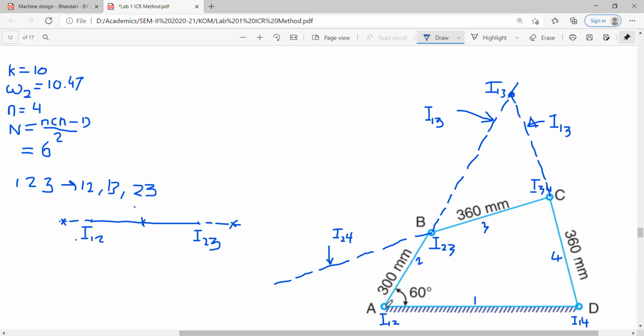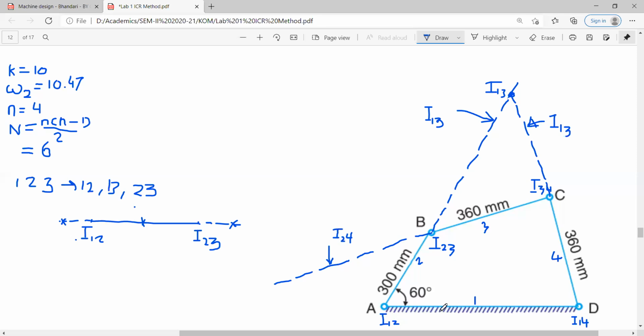Now think of the other line. Which line is remaining here? AD, लाइन AD, इस पे कौन कौन से ICR है? I12 है और हियर कौन सा है? I14। तो कौन सा कॉम्बिनेशन बन सकता है यहाँ पे? 1 का 2 के साथ कॉम्बिनेशन है और 1 का 4 के साथ भी कॉम्बिनेशन है। सो कॉम्बिनेशन रिमेनिंग इज 2 का 4 के साथ, 2 4। ओके, सो ICR 2 4 जो रहेगा वो यही लाइन पे रहेगा, AD